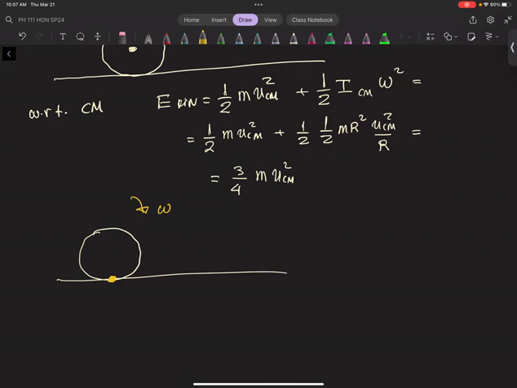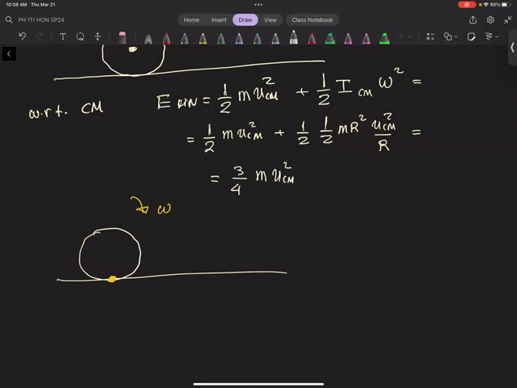This point does not move, ladies and gentlemen. This point is a point of contact. It doesn't move. It stays the same. And you go like, what? So where did the energy go? If there is no linear energy, kinetic energy, where is the energy? And you go like, don't worry about it.